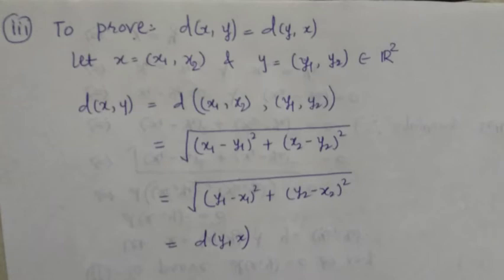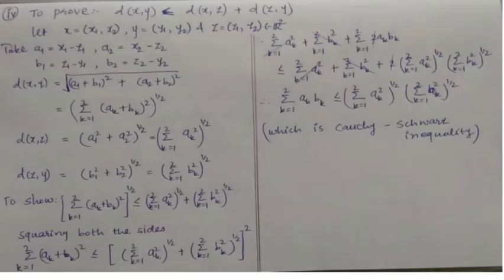the square means there is no difference in between the two terms, right? So you can write it as d of y and x. This is the definition of metric. So third property is proved, and we are left with the fourth property,